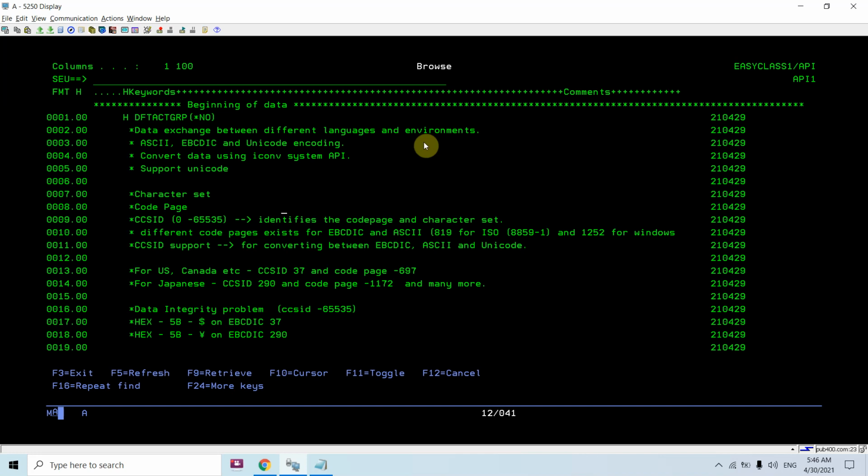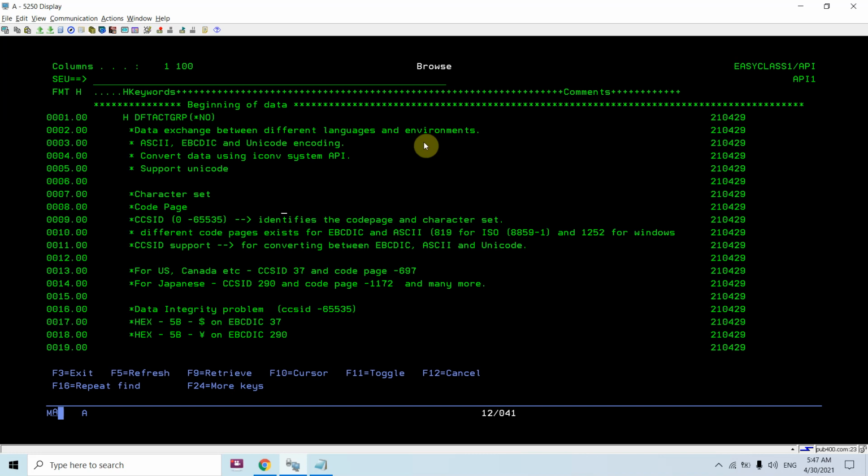So then we will be using this API, the convert data using iconv API, so that it sends the data to that CCS ID. It first converts the data to the CCS ID of the destination wherever I am sending, and then the destination will receive the correct data.